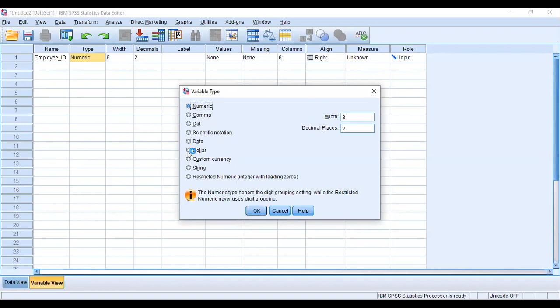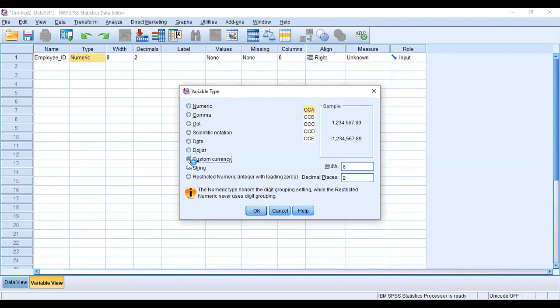We can choose which type of variable is to be used.